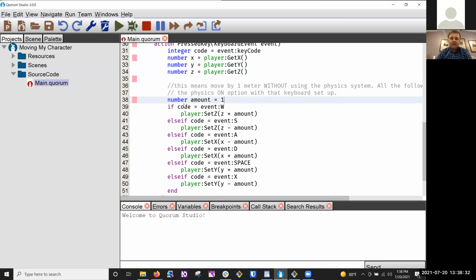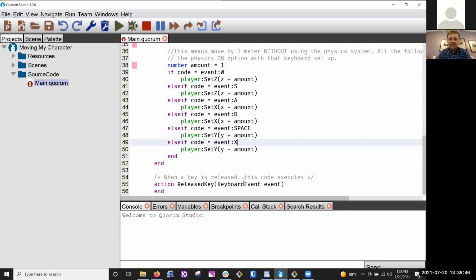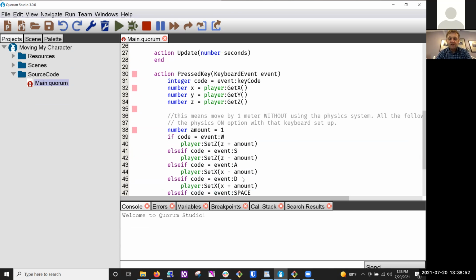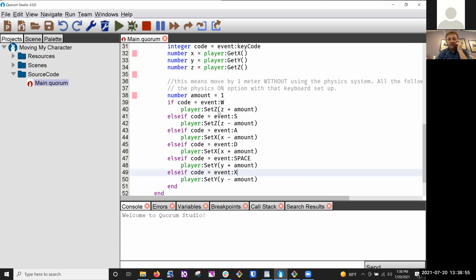All right, now inside of this, I then have an if statement, and each if has a different code it's going for. Code equals event:W, event:S, A, D, space, and X. And that's telling me when a key is pressed to do something. In this particular case, for every command, I'm either manipulating the Z coordinate or the X or the Y coordinate. So player:SetZ, SetX, or SetY. And when I run this,